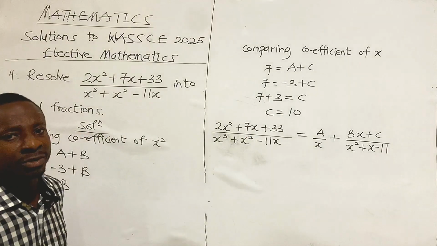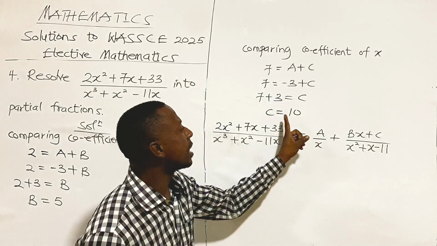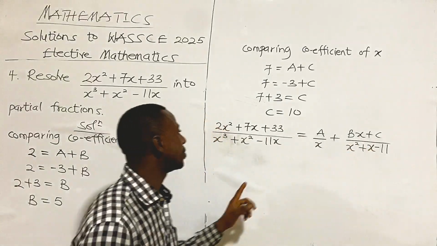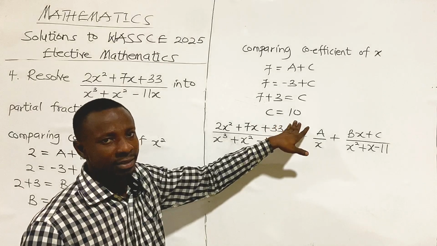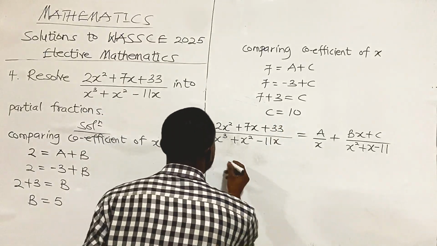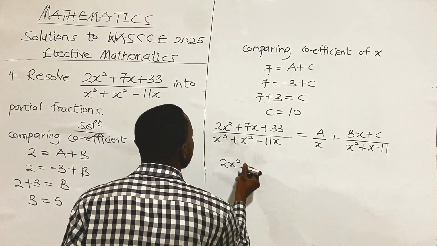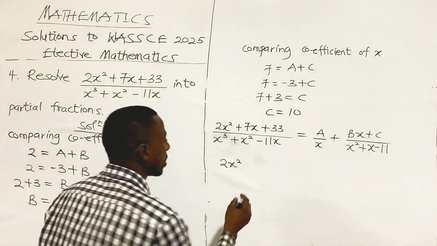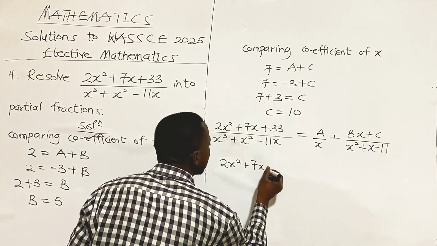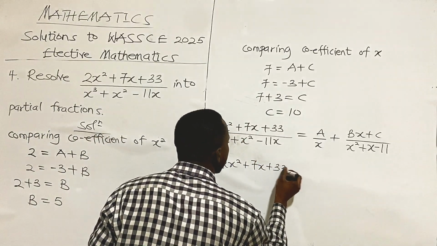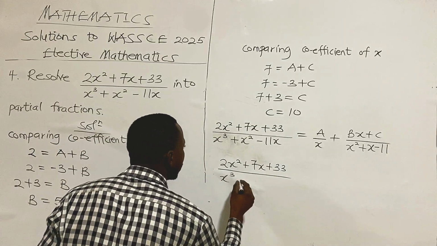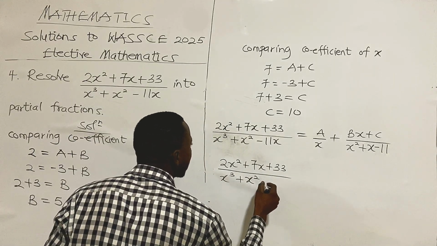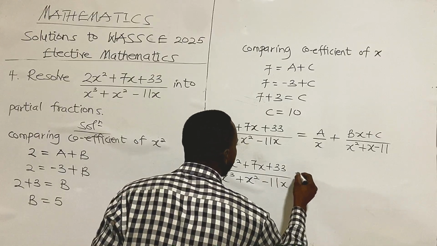This was the breakdown. So from here, we are only going to make substitution of the values of A, B, and C. So now we have our final answer to be 2x squared plus 7x plus 33 all over x cubed plus x squared minus 11x is equal to,